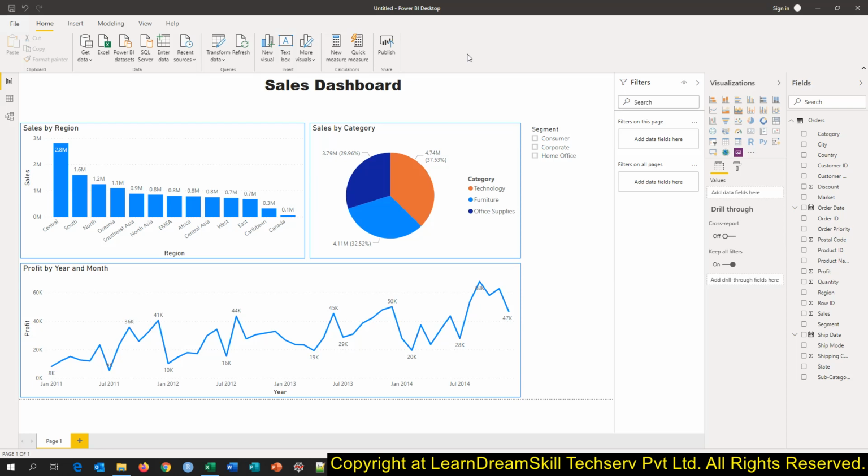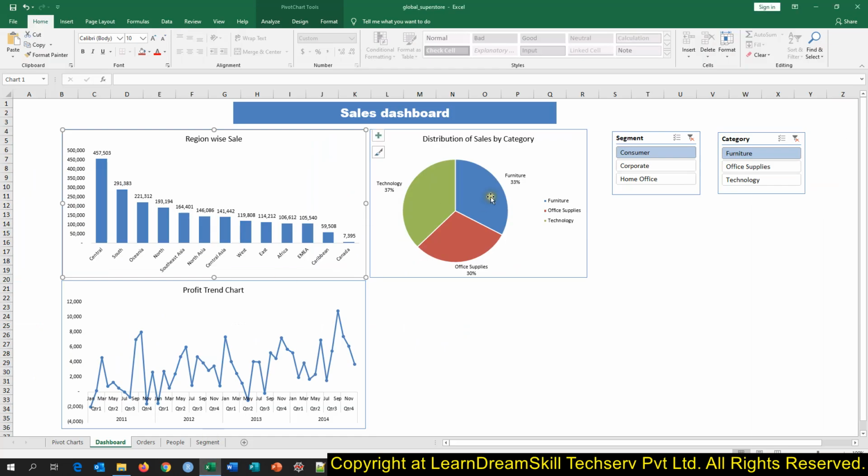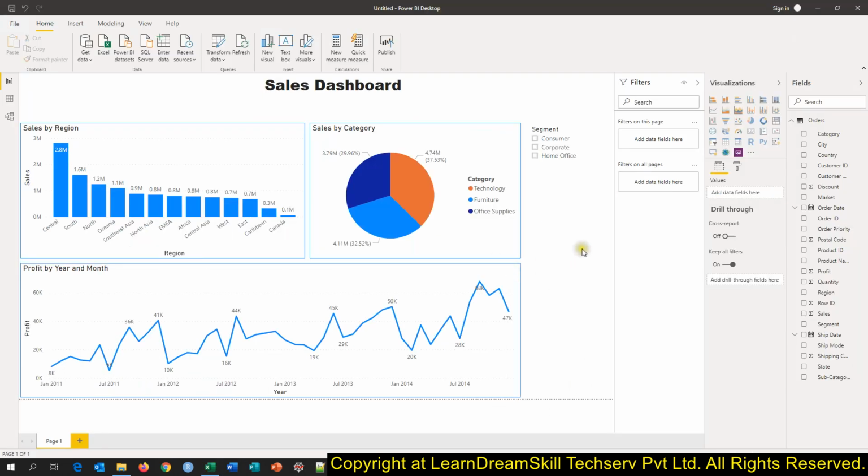So mainly our course is based on real scenarios only. We are not teaching simple, straightforward kind of things. We are explaining everything based on the client requirement and the customer requirement as they are looking for. So that is what I wanted to explain to you about Power BI, and I wanted to show you the comparison between Excel and Power BI as well.